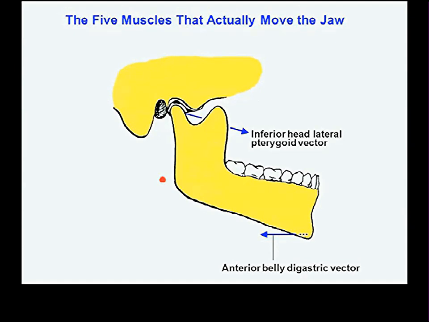It is the inferior head of the lateral pterygoid muscle. Again, if you imagine a pull forward on the neck of the mandible, and you draw the leverage it exerts around this axis, it will cause a clockwise rotation of the mandible as we're looking at it. And that is, in fact, the major muscle which opens your mouth or lowers or depresses your jaw.